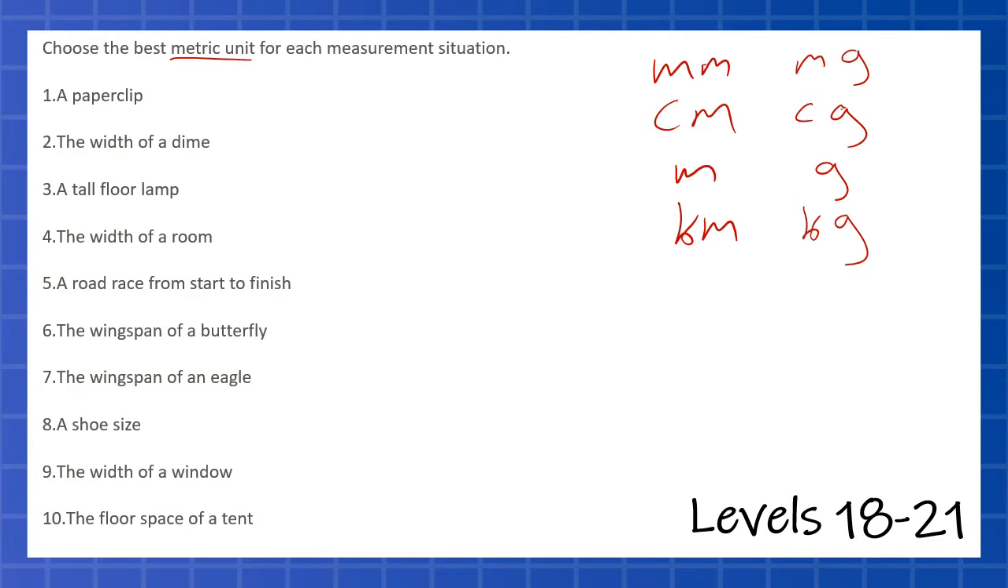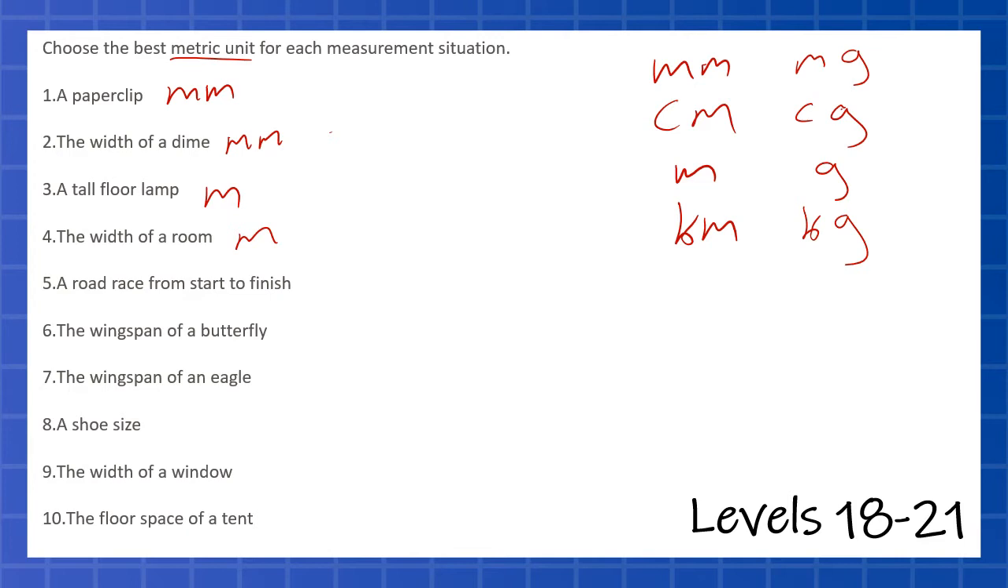For example, a paperclip is probably going to be measured in millimeters. It's really small. And a width of a dime, probably millimeters. You could maybe say centimeters. A dime might be a centimeter wide. I don't know. If we're talking about the width or the thickness, then thickness should be definitely millimeters, right? A tall floor lamp might be measured in meters. It could be 2 meters tall. The width of a room would be meters,